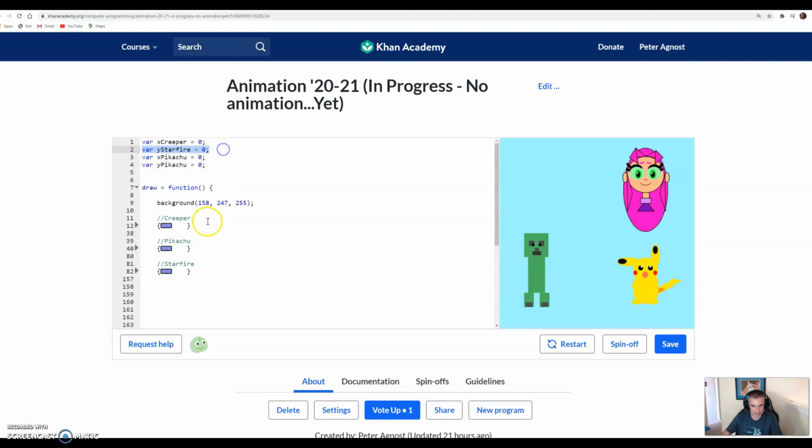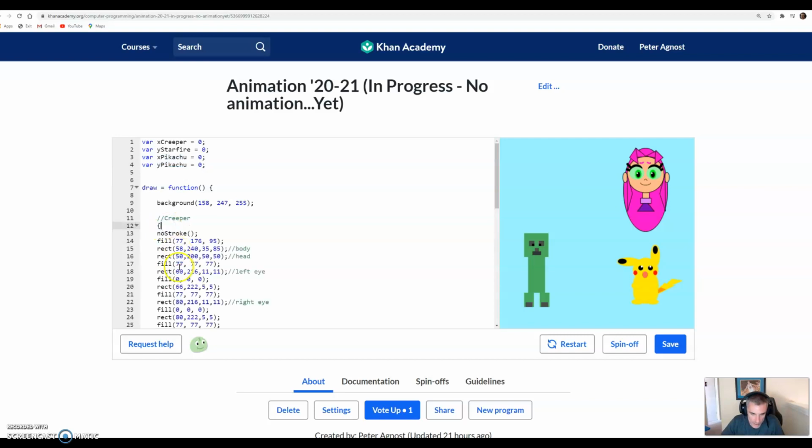This variable will make my Starfire move in the y direction. And these two will make Pikachu move in the x and the y at the same time. Okay. I might require, I'm capped at 15 minutes, so this video might have a part 1 and a part 2. All right. Rather than go through and replace all the x and y coordinates in all 3 characters, what